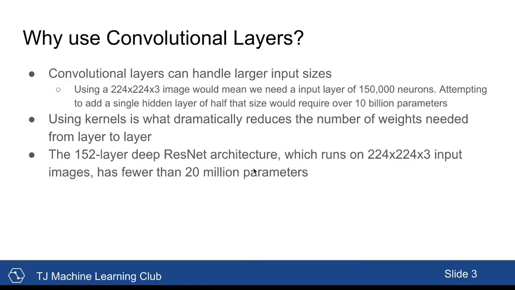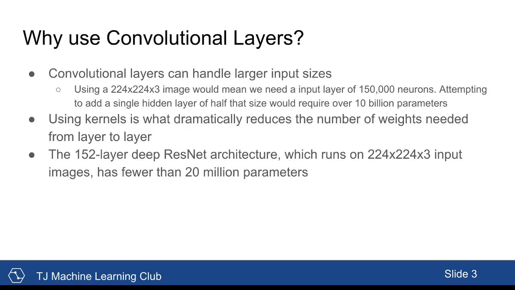So why exactly do we use convolutional layers again? One thing first is that convolutional layers can really handle larger input images. For example, a normal neural network could be fine for something like an MNIST data set that has 28 by 28 pixel inputs, but moving to a color image, which is no longer 28 by 28 by 1 but 28 by 28 by 3, meaning there would be 3 channels for RGB layers,